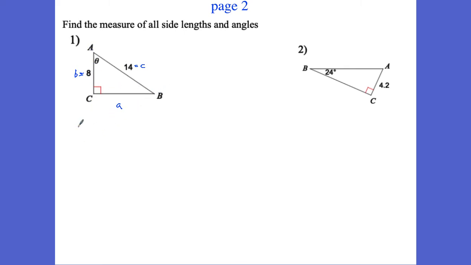So if we're trying to find a, we can simply use the Pythagorean theorem. a squared plus b squared equals c squared. So a squared plus 8 squared equals 14 squared. a squared plus 64 equals 14 squared, which is 196. Subtracting 64 from both sides to isolate a, we get a squared equals 132. So a equals the square root of 132,